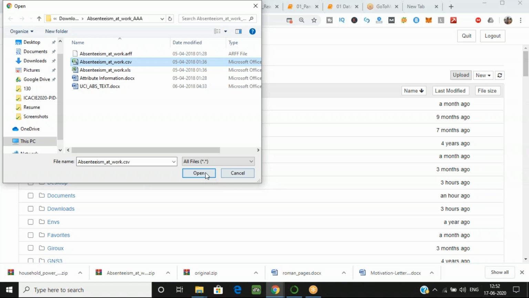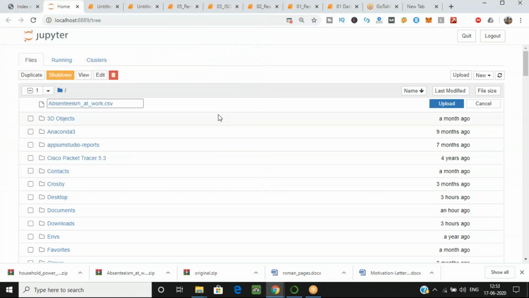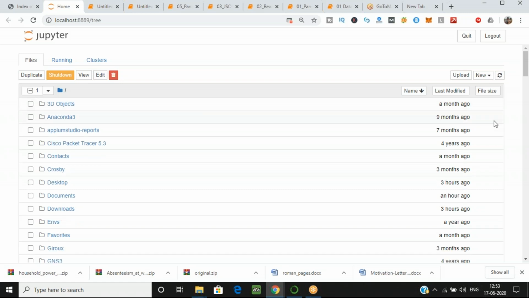You will see it on your screen, and here you can see the upload button. Just click on that upload button, then you can directly import that data. But I have already uploaded that, so I just cancel it. But you have to click on the upload button.